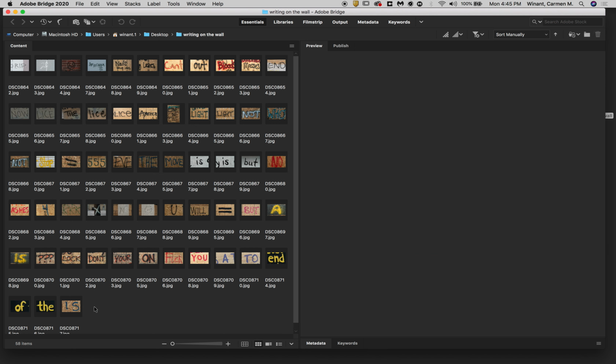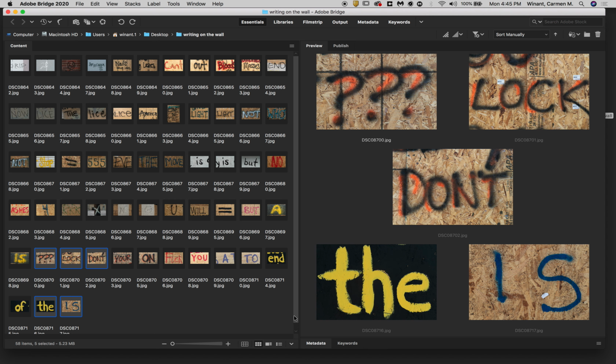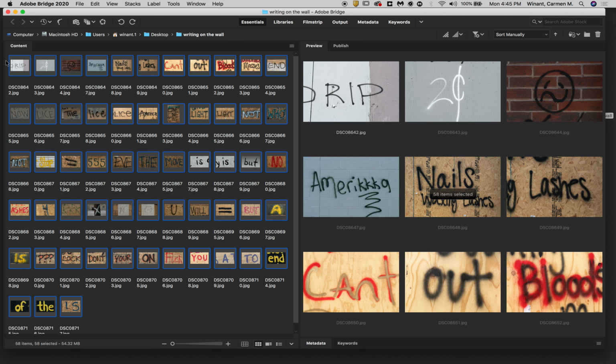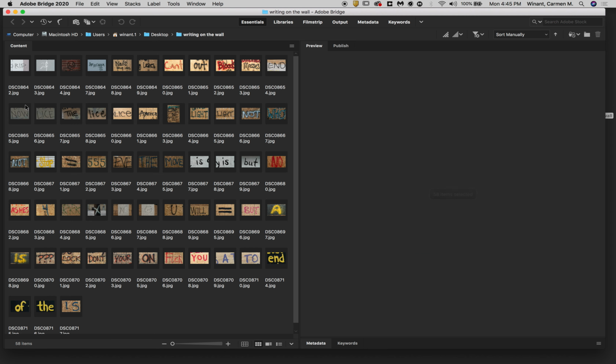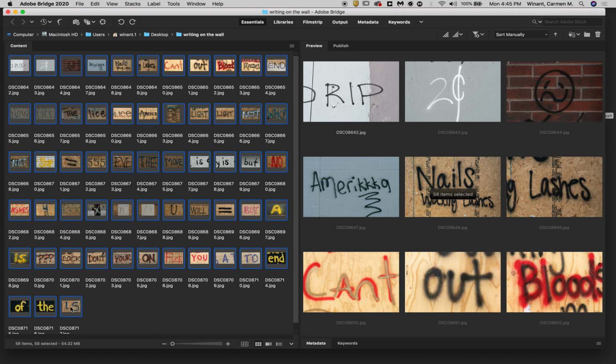You can do that by simply hitting Command A, or by dragging your cursor over all of the images to highlight them, or by clicking on the top one and holding down Shift and clicking on the bottom one. So once you have all of your images that you want to make into your contact sheet highlighted and selected,